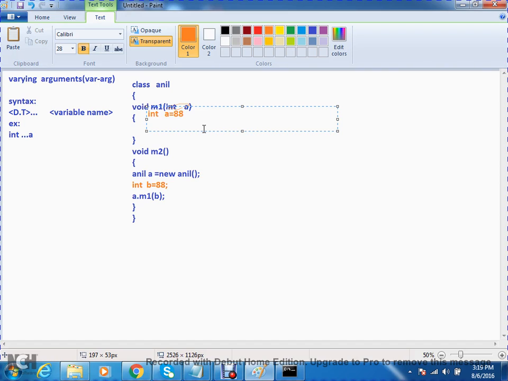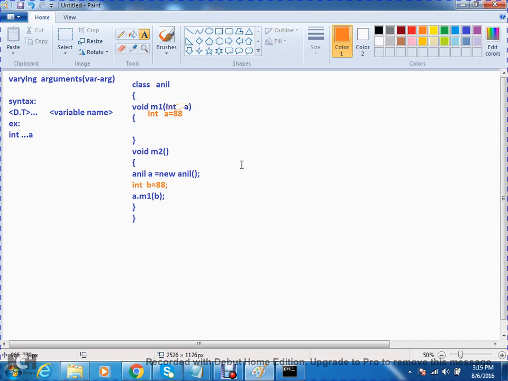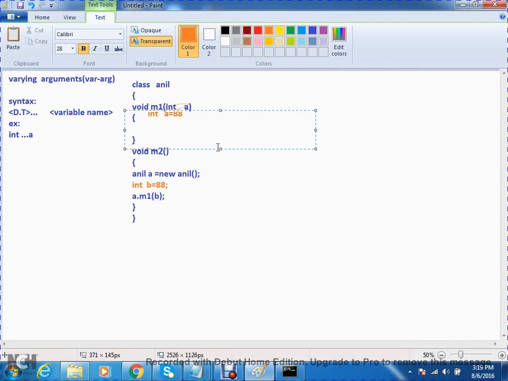This is called pass by value. Now observe here, I can use this variable within this method. This is like declaring a variable inside an inner block, a local variable, right?